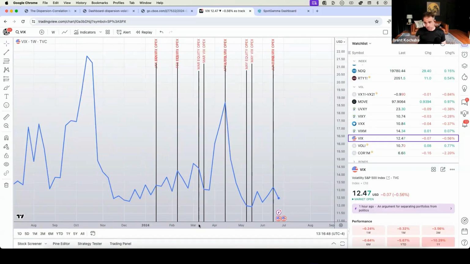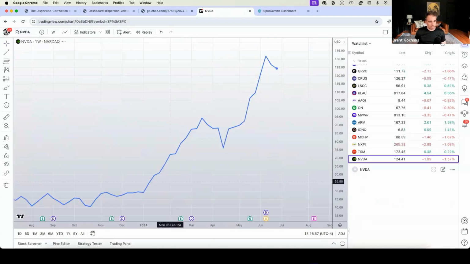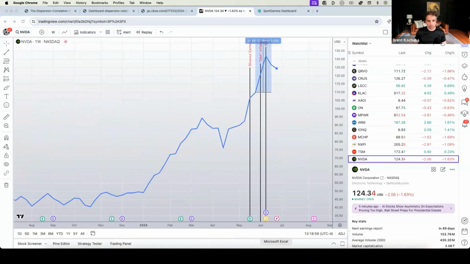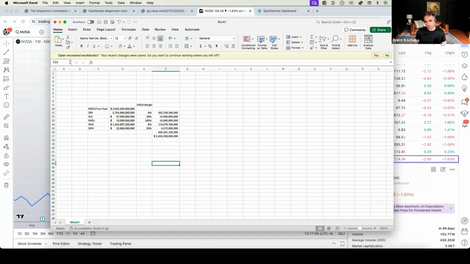Now, related to that, I posed this question on Twitter because I've just been thinking about it a lot. When you look at a stock like NVIDIA, I did a back of the envelope calculation, another back of the envelope calculation. There's a real theme with me on that. I'm not going to validate the numbers on this spreadsheet here, but I went through, and I said, okay, free float in NVIDIA is roughly 3 trillion, right? That's the market cap. What roughly is indexed in the S&P 500, XLK, NDX, et cetera. And so this number says on a rough basis, you've got about a quarter to a third, 25% ish, maybe based on just these ETFs.